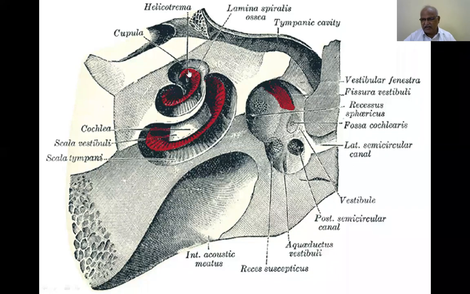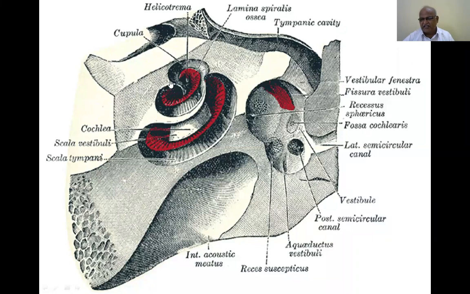The cochlear turning is divided by a spiral lamina, starting from the apex of the cochlear turning, into scala vestibuli above the spiral lamina and scala tympani below. Scala vestibuli and scala tympani are continuous with each other at the most prominent part of the cupula, that is called helicotrema. The inner ear is otherwise called the labyrinth. Anterior part cochlea, central part vestibule, posterior part semicircular canal.